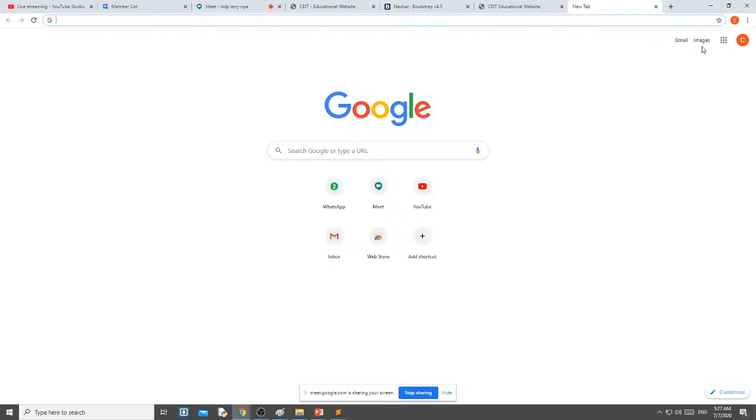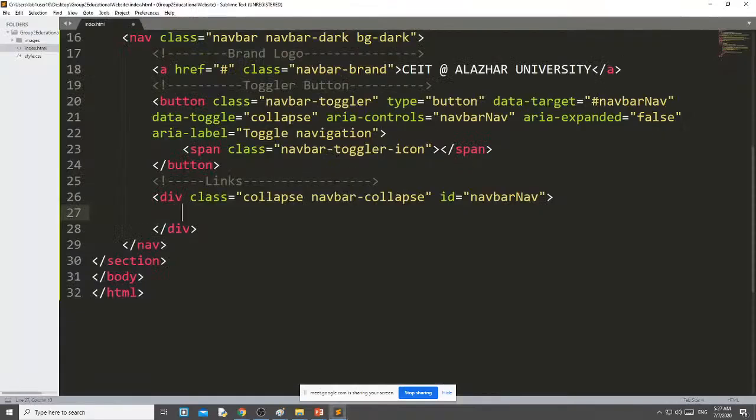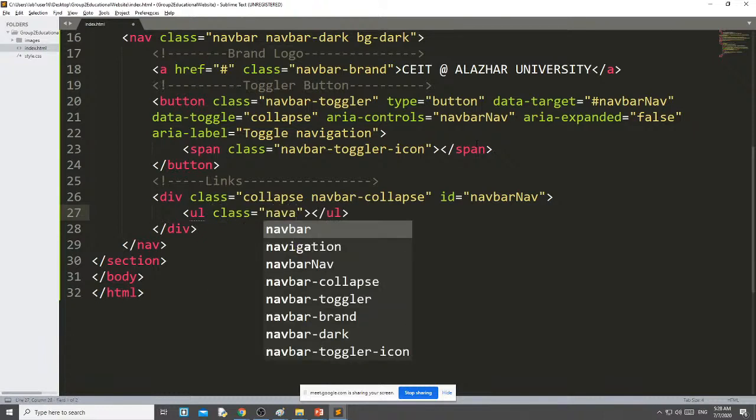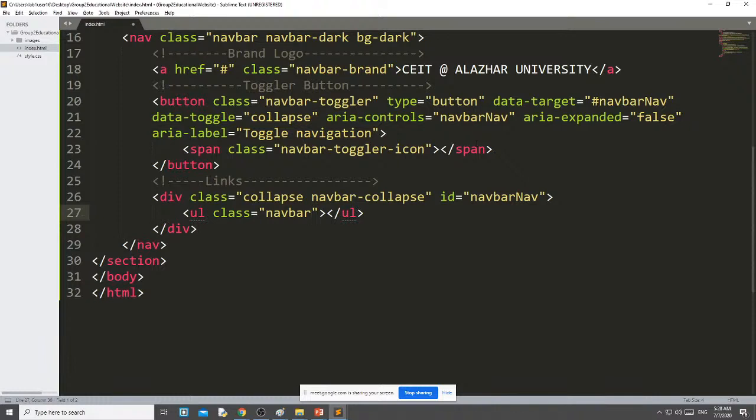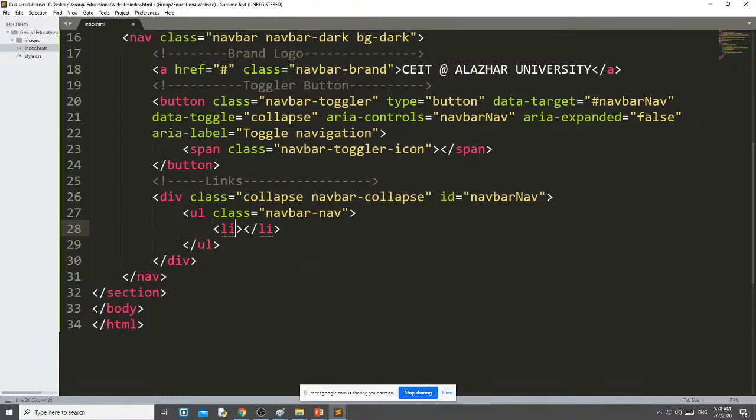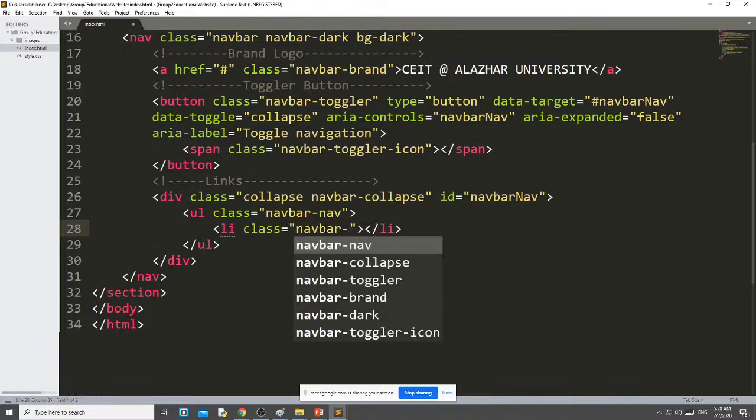We will use an unordered list. Here I will use ul, unordered list, and the class is navbar-nav.